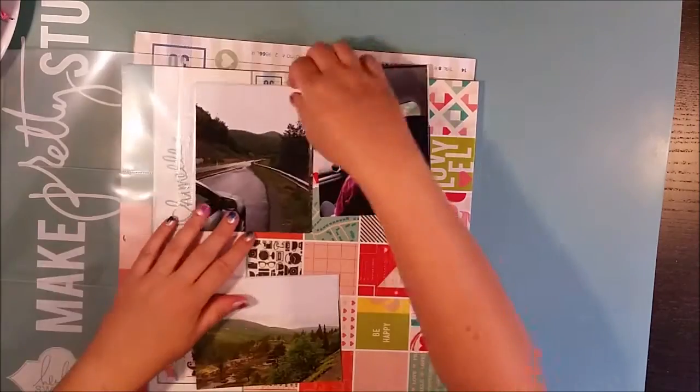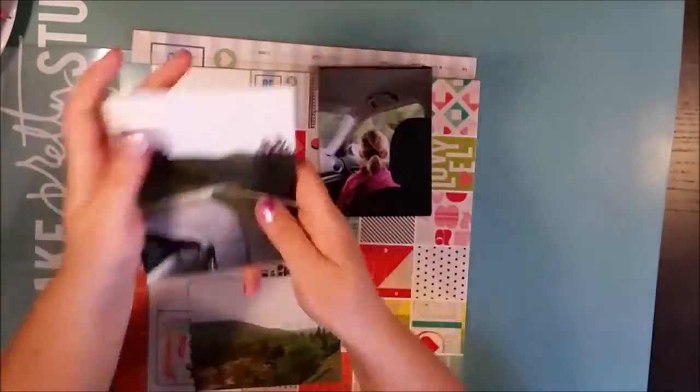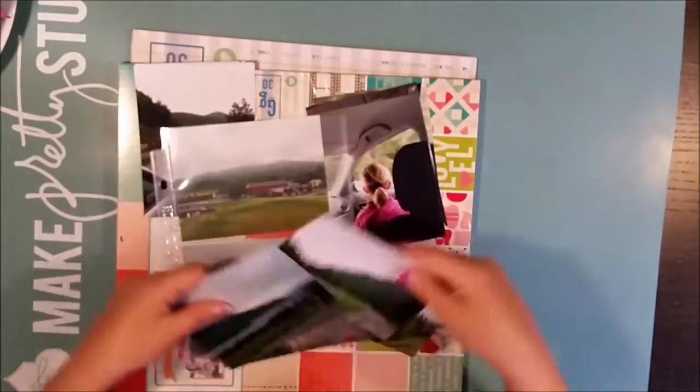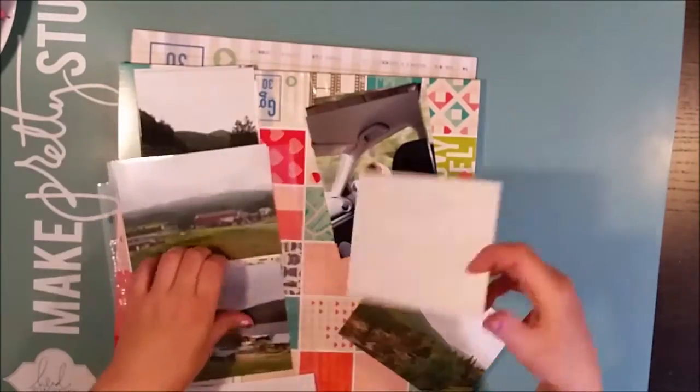So this is also with a new process video. Today I'm making a double page spread again, and I'm also making a 12 by 6 pocketed insert in between these two pages. And the event that I'm trying to capture this time is from last year,